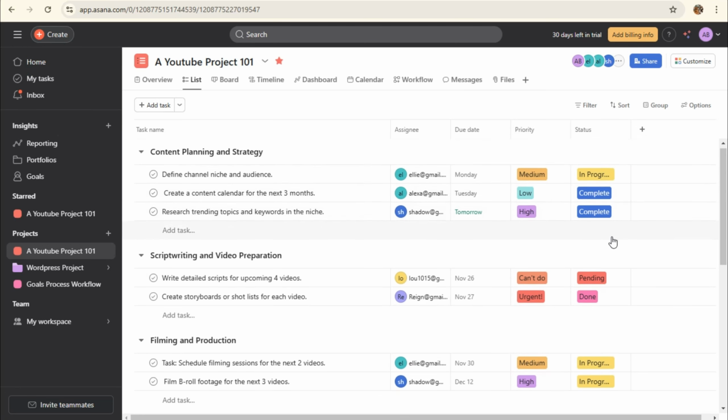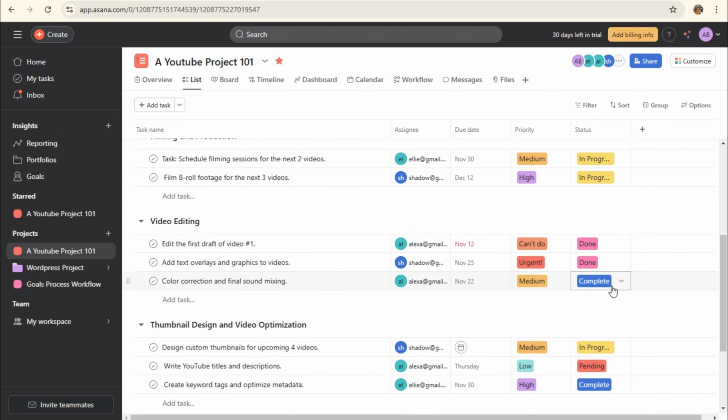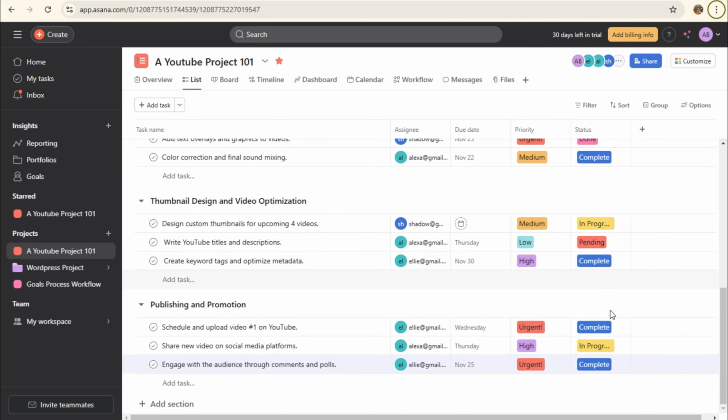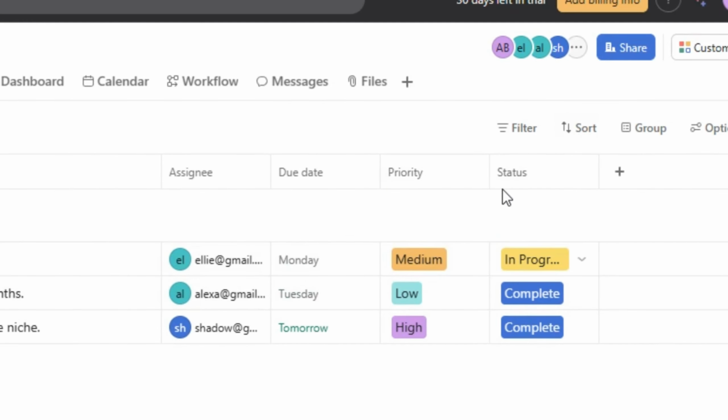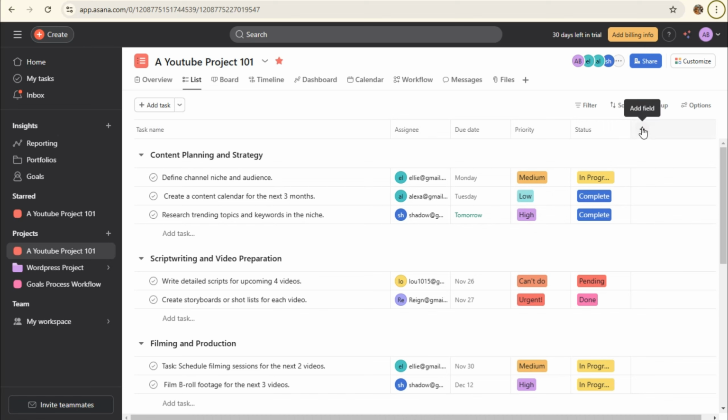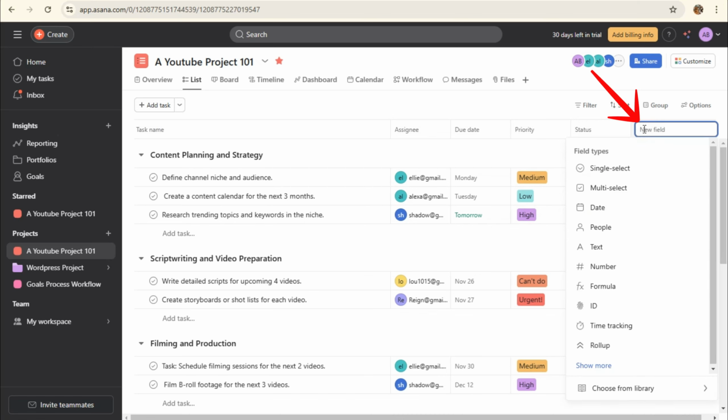It's the same with priority. You just have to simply click the edit option if you want to add. Okay, so we have here topic, assignee, due date, priority, and status. If you want to add another field or property, just click this plus icon and then you can select different